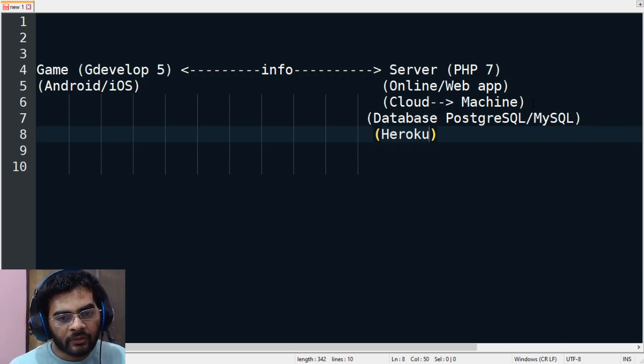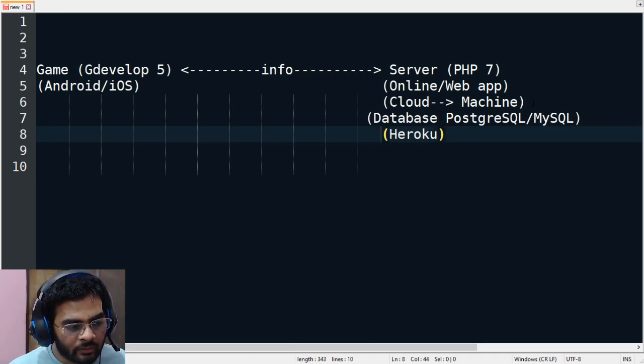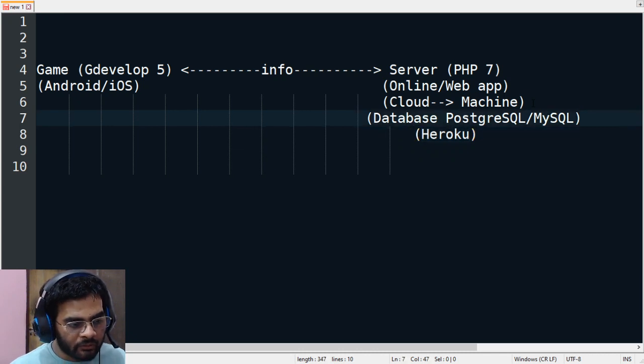And those web apps are given an address, a URL, and we can access our web apps using that URL, and we can make our web apps do different functions by writing some code in them. That's the overall thing, the entire networking thing which we will be doing in our game.